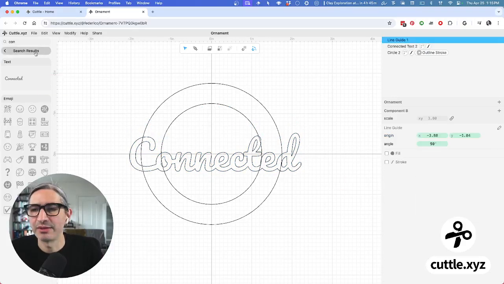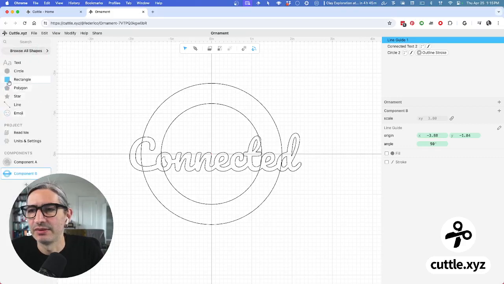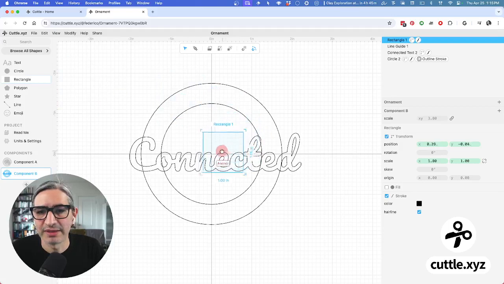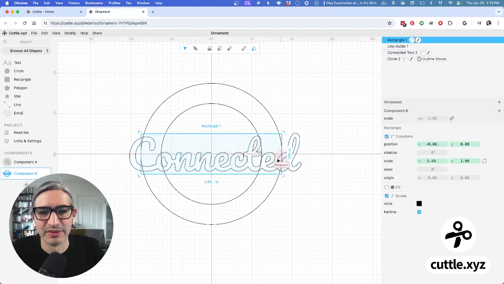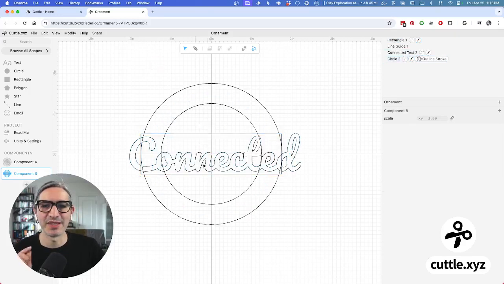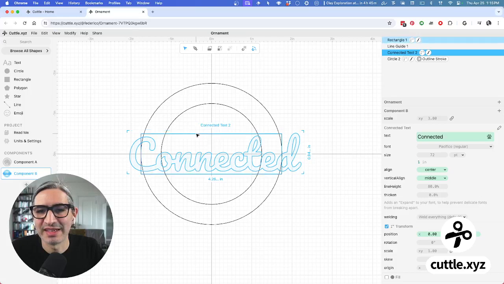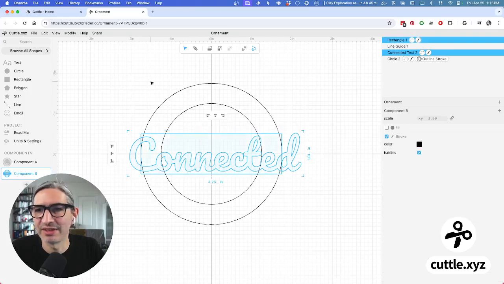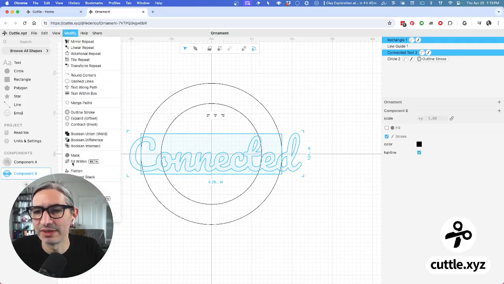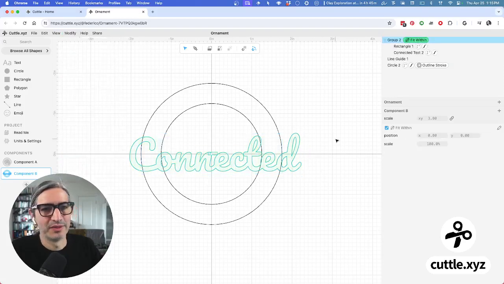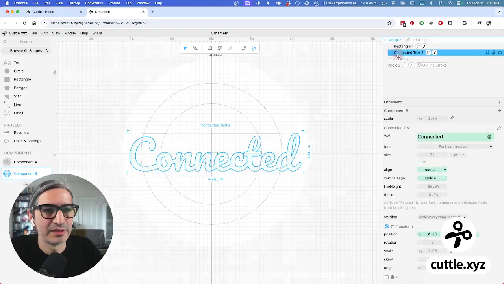And then I'm going to create a rectangle that is where I want to fit that text. So I'm going to place that rectangle in the center, and I'm going to scale it to be the size of the circle. So right now that's the size, and I want the text to fit within that. So I'm going to select the text and that rectangle that I created, and I'm going to use this modifier called fit within. And if I'm using this correctly,